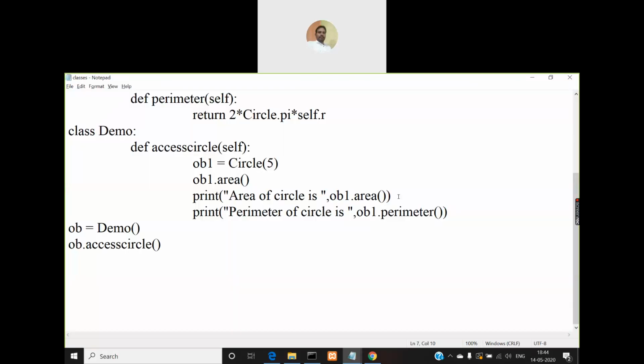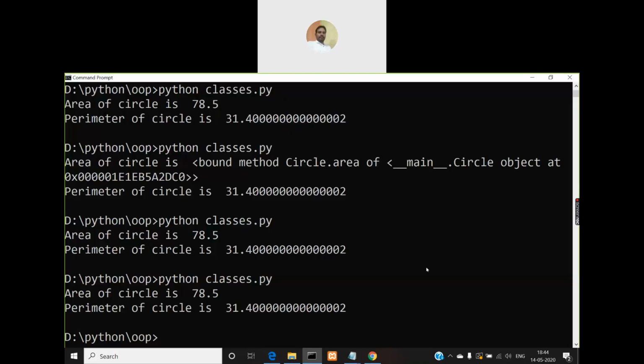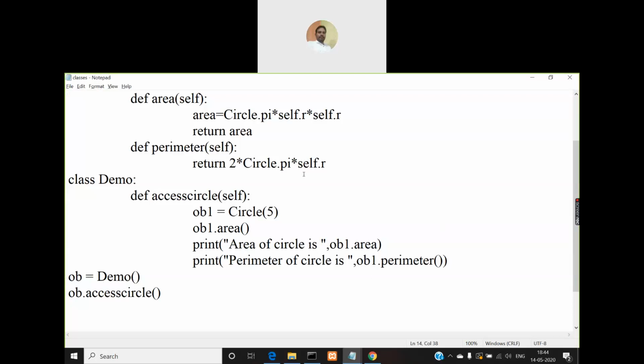But when I try to access the variable area like this, it is generating an error for me in that particular line where I am trying to access. So use only method call here.